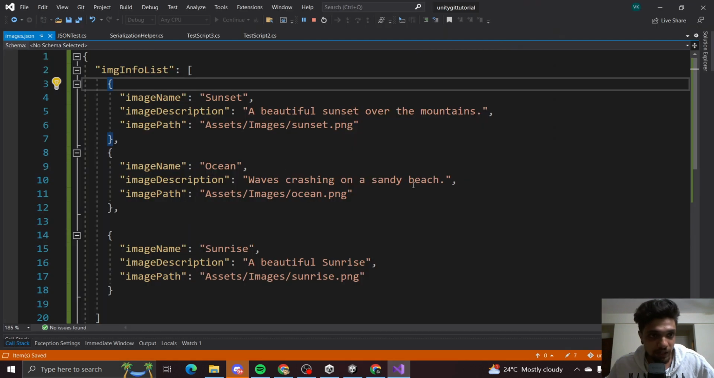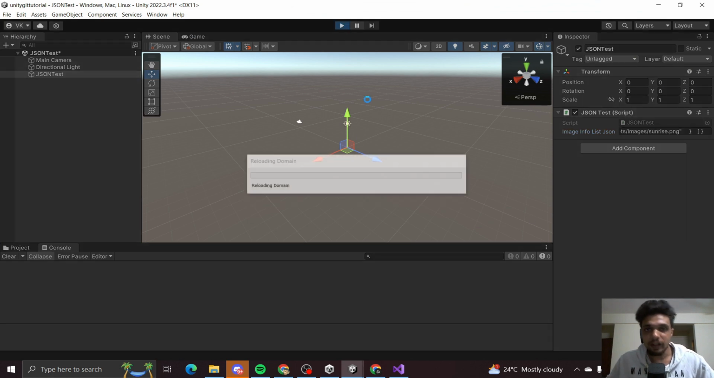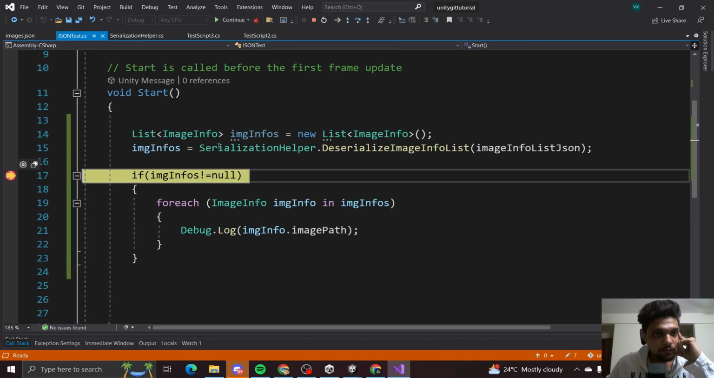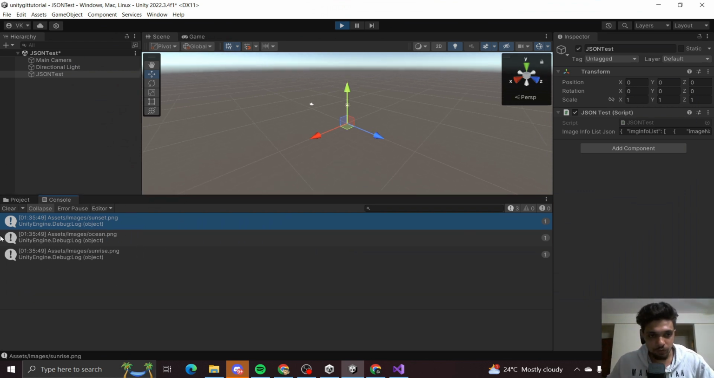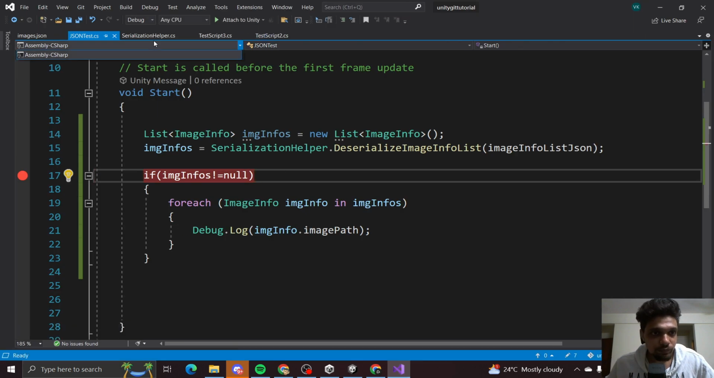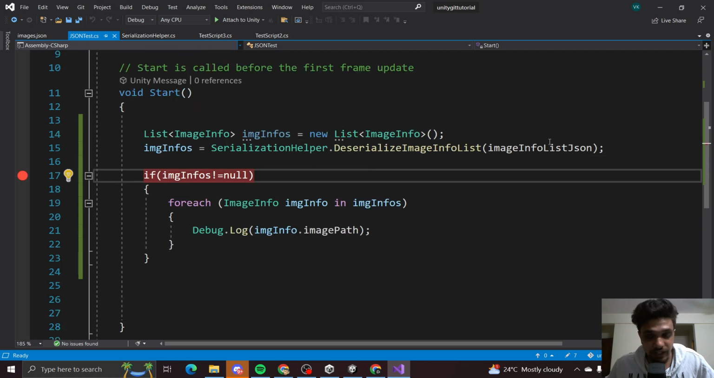So I'm going to copy the contents of this file again and paste it here. And if I click on play, you should see the three paths of the images that we have mentioned here. So our loop is working fine, and we have successfully deserialized